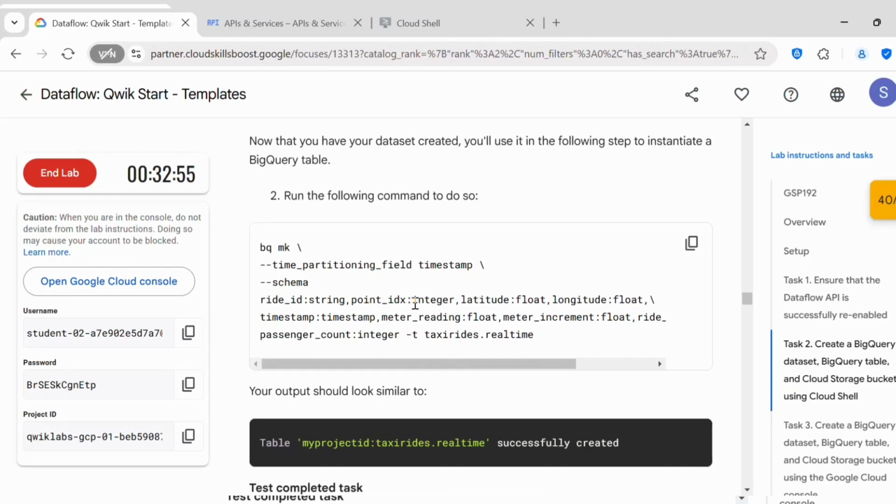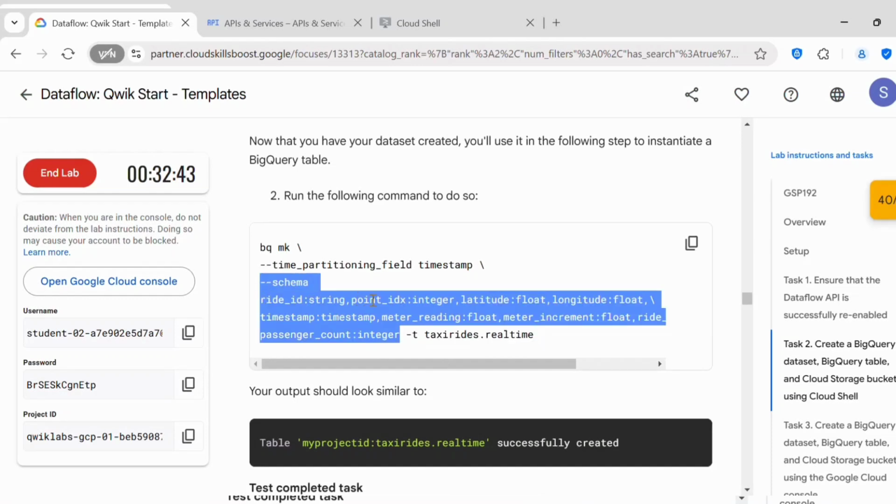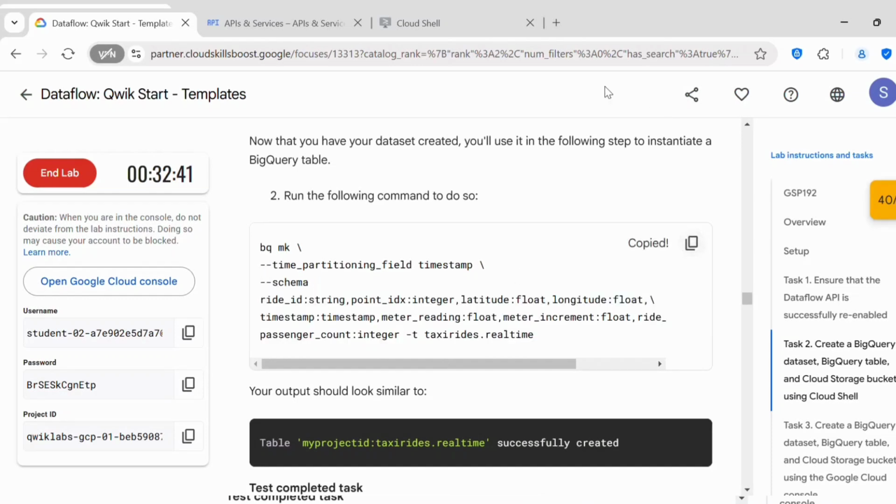Next we will be creating a BigQuery table by executing this command here, -t. This is the table name, taxirides.realtime. These are the parameters which we are passing here. So you can just copy this,